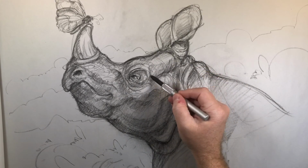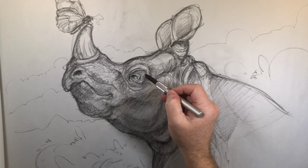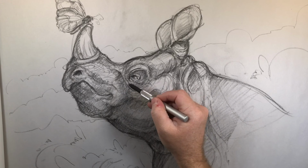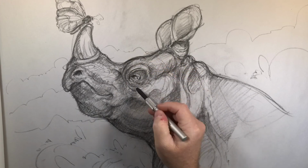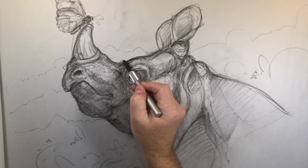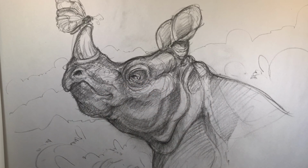I didn't really enjoy the feel and the texture of the pastel pencil. I used to work in pastels, the really soft ones, the ones that cost a billion dollars to buy a set. But anyway, I hope you guys enjoyed the drawing, and we're going to do just a really quick